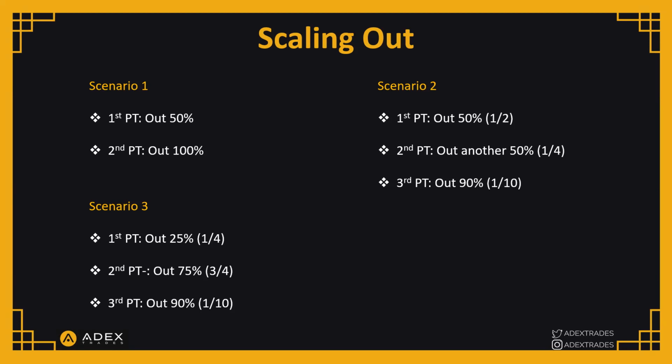So this is just in terms of scaling out. I'm going to be talking about scaling in as well, but this is just in terms of scaling out. And this is mostly considering daily triggers. Why? Because we also take day trades as well, or I also take weeklies as well, and I also do day trades. There's going to be some day trades where you're only going to get like 30 or 50%, because